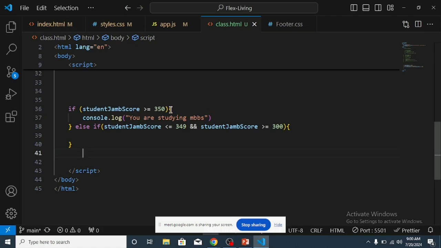Now the next set of students is students whose JAMB score falls between 349 and 300. So we want to write a condition that we check for those specific students. That means the student's JAMB score will start from 300, 301, 302, 303, 304 up to 349. So students within this range, you want to capture them. How can we capture them? We can capture them by writing a logical statement, a conditional statement